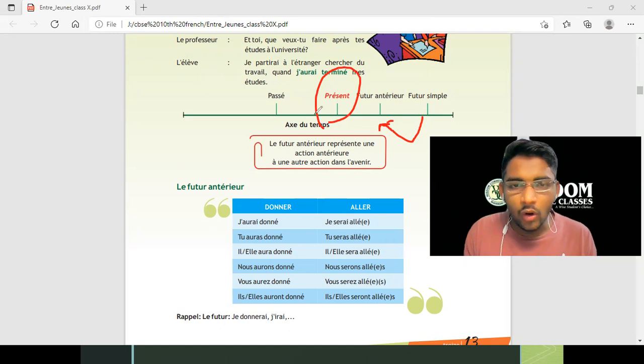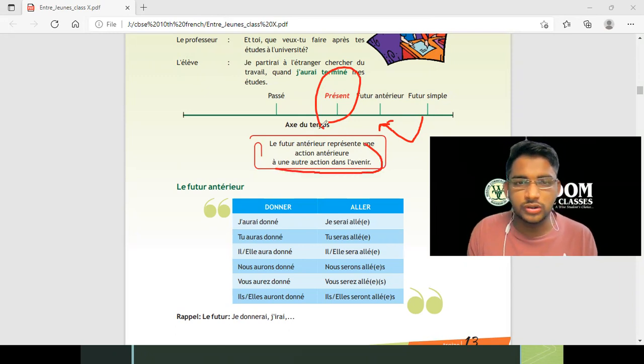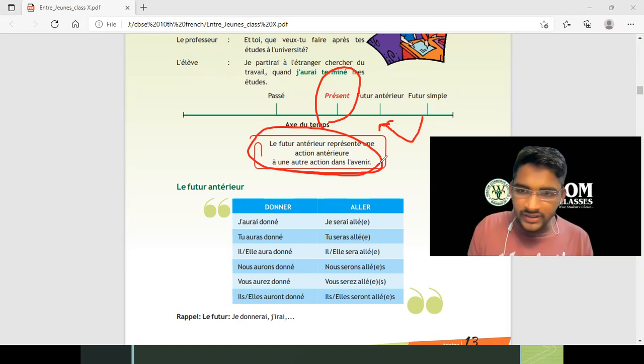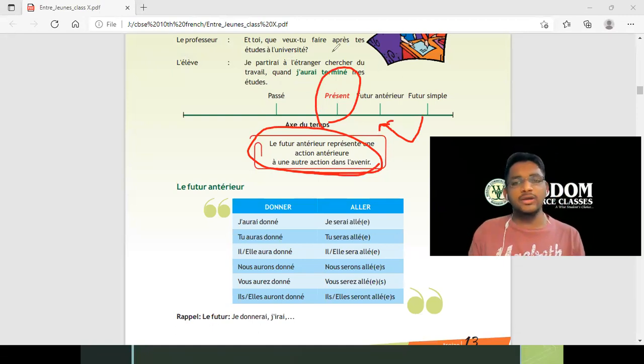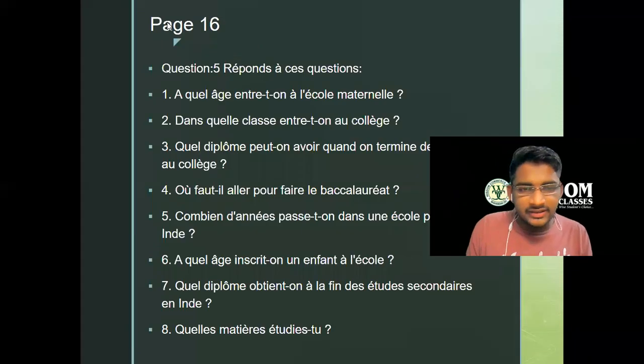So the action of future tense, okay, and future tense के जस्ट पहले आएगा स्टूडेंट्स हमारा antérieur. सो इसका मतलब ऑनटेरियर का मतलब ये दैट बिफोर फ्यूचर, antérieur is before, represent an action before an action in the future. सो future antérieur is an action which takes place before the action in the future, ओके, मतलब होगा फ्यूचर में ही, पर वो फ्यूचर तक पहुंचने के पहले कौन सी दूसरी एक्शन है वो हमें बताई गई है, ओके।